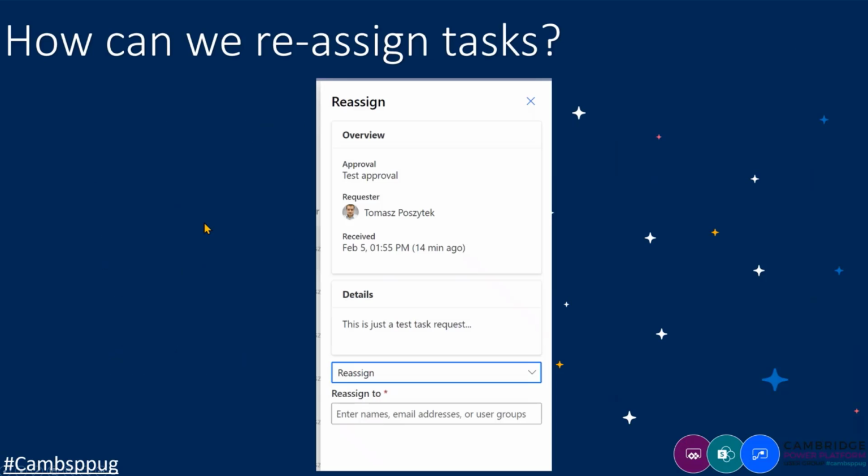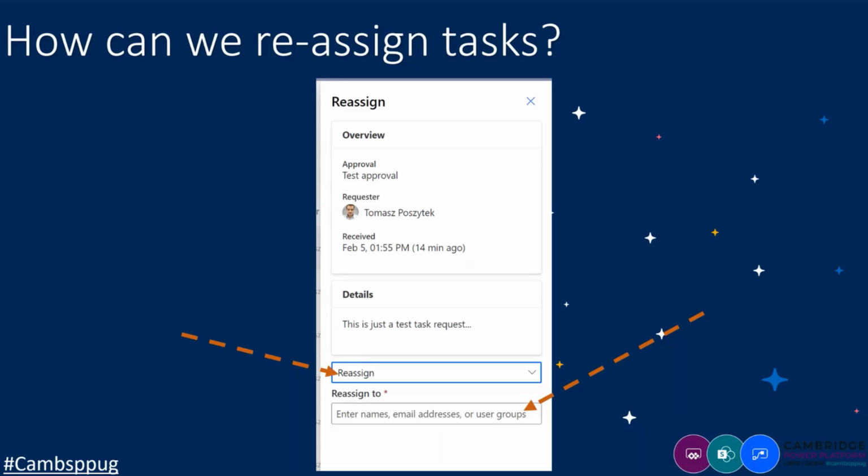And then how can we reassign a task? Well, there is just one supported way. The person who is assigned a task has to log into Power Automate, go to the task, and on the task form select the outcome as reassign, and then type the email of the person to whom they want to reassign that task.